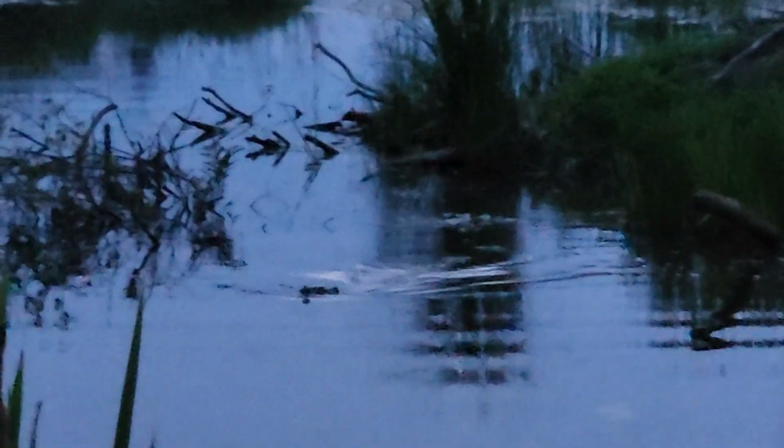There's a good view of the beaver again going underwater, and I thought, all right, it's gone, we're done viewing it for the evening, but then it popped back up again. Perhaps it was checking the underwater area of the hut, swimming away. I thought it would go back where it came from. You got a good shot at its tail there as it went underwater, but again it came back up, continued to swim around back and forth,